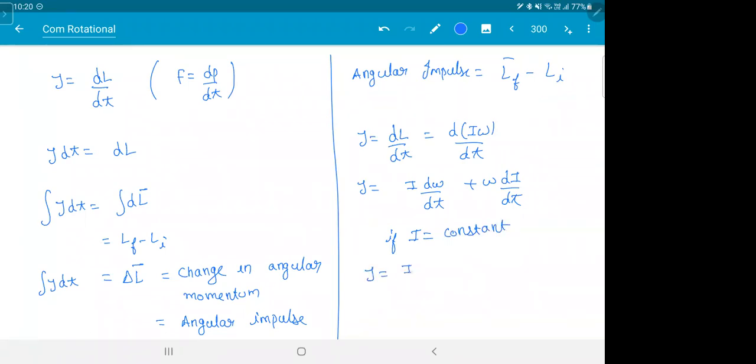This also we have seen in second law. This we write as torque is equal to I alpha. So this equation which we are using, torque is equal to I alpha, is valid only when I is constant. If I is changing, you can't do that. Same way, F is equal to ma is valid only when m is constant. If you see, it quite resembles Newton's second law. F ke place mein torque, I ke place mein m, and omega ke place mein v.